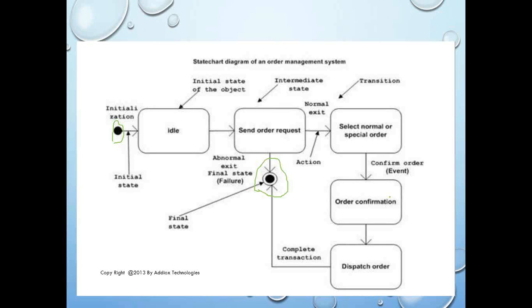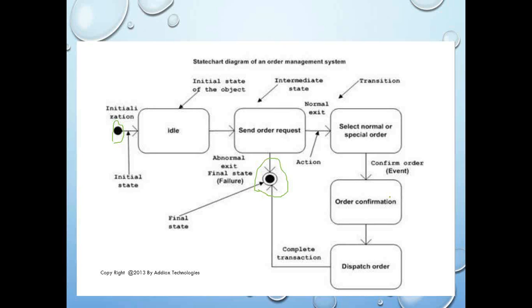Because sequence, activity and UML, these three are the more and more demanding topics in the market right now. So when you go for a business analyst interview, there are chances they will give you a situation and ask you, okay, what kind of a diagram works best? Or they won't even tell you that. They will just ask, can you do a pictorial representation of this requirement? And then you have to make a decision whether to use sequence, activity, or UML.